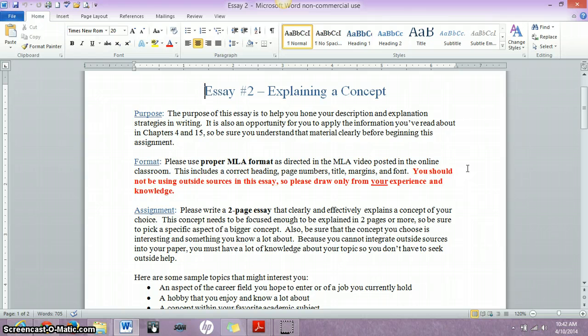And if you're wondering why, it's because this course is not going to focus on research. Research requires proper research skills, how to integrate, summarize, and paraphrase sources, how to put them in your paper appropriately, and then how to cite them in a works cited page as well as in-text citation.